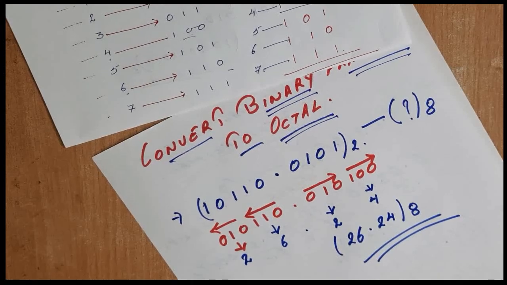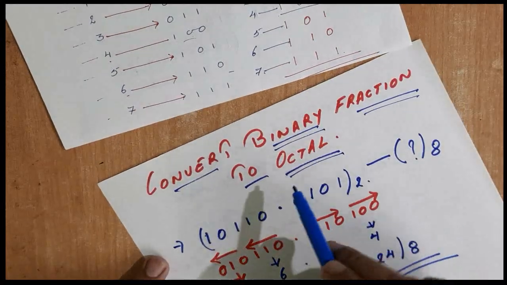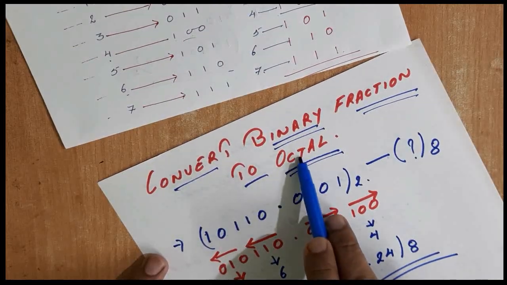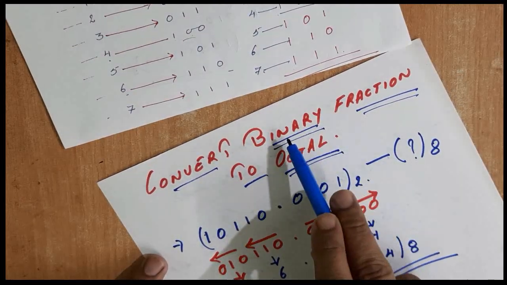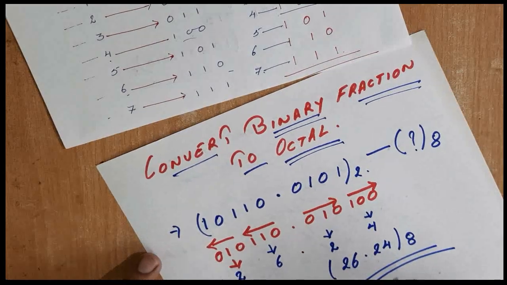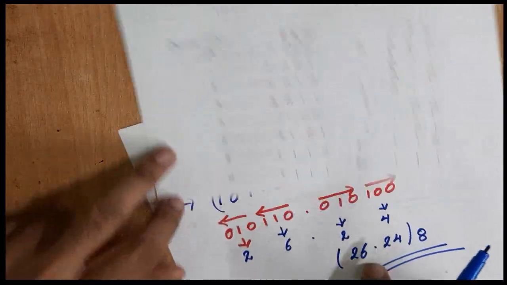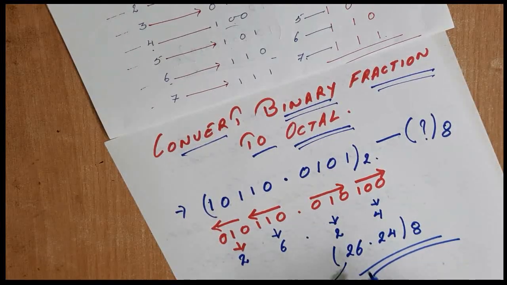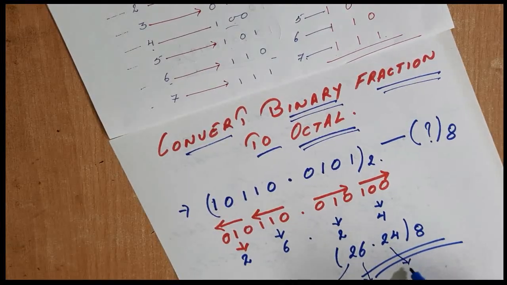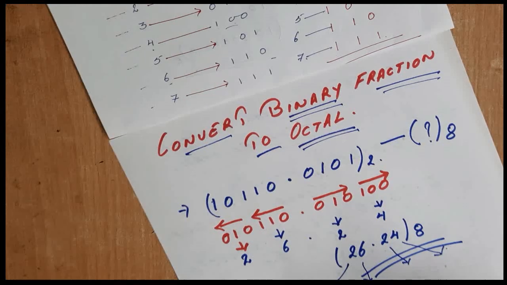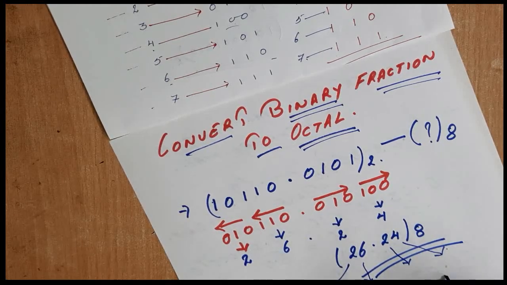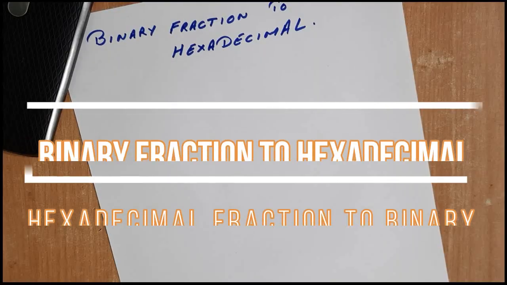I hope everybody has understood it. And students, for the reverse also, if we need to convert octal fraction to binary, the same thing will happen. We can see the table and we can write down the combinations, and we can finally arrive at the answer, students. Is it clear? Our next topic is